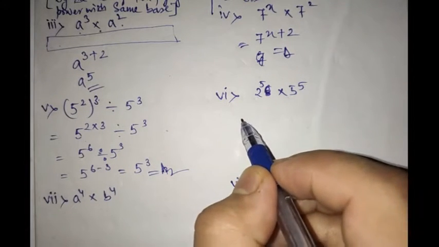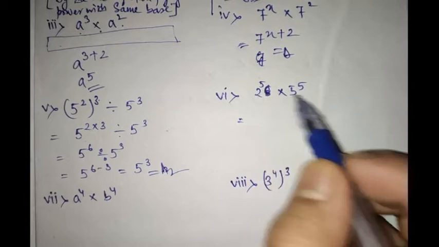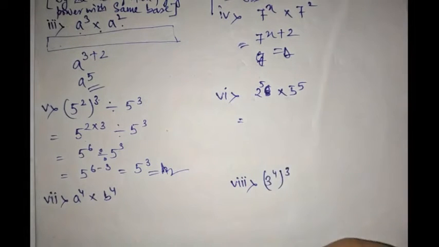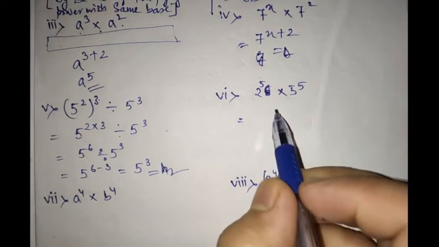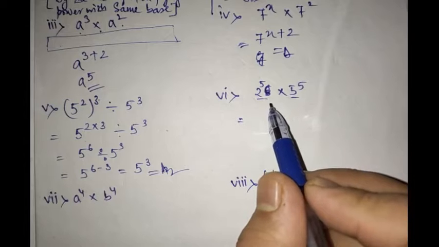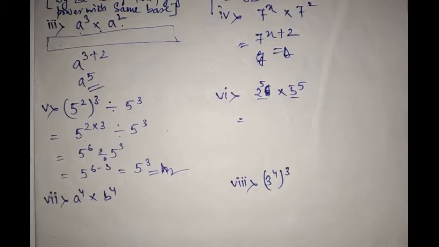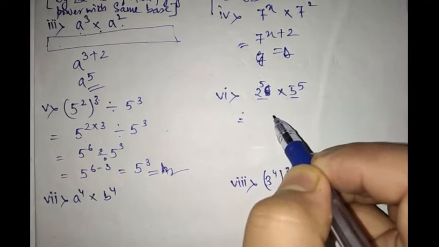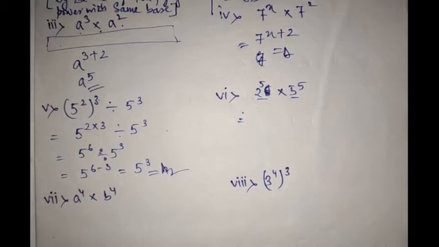Okay, and next here, the case is different, totally different. For this I have not mentioned any rule. Here what you have to do is, your bases are different. Just see, bases are different. Alright, your bases are different, but your powers are similar, right? Your exponent is similar. So let me write for this. I will be using a different rule. Not in this question. Those three rules are not going to help you to solve this problem.